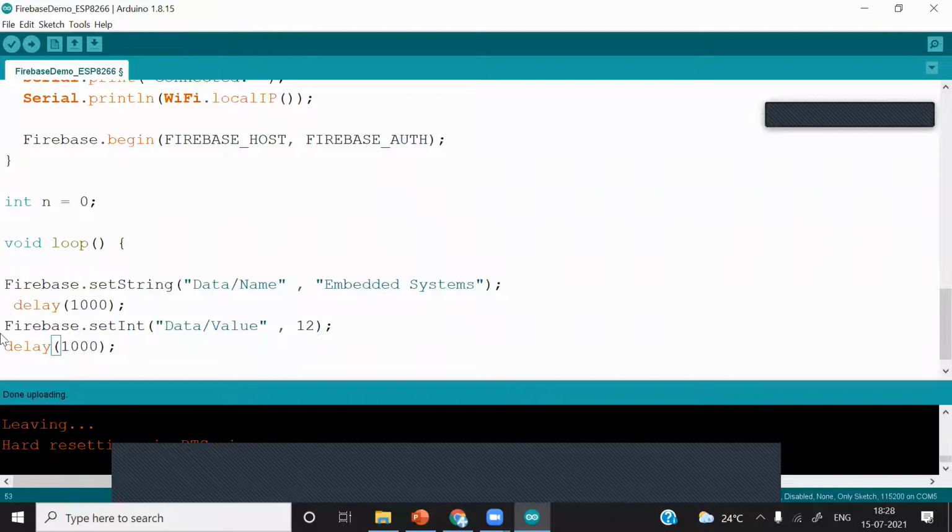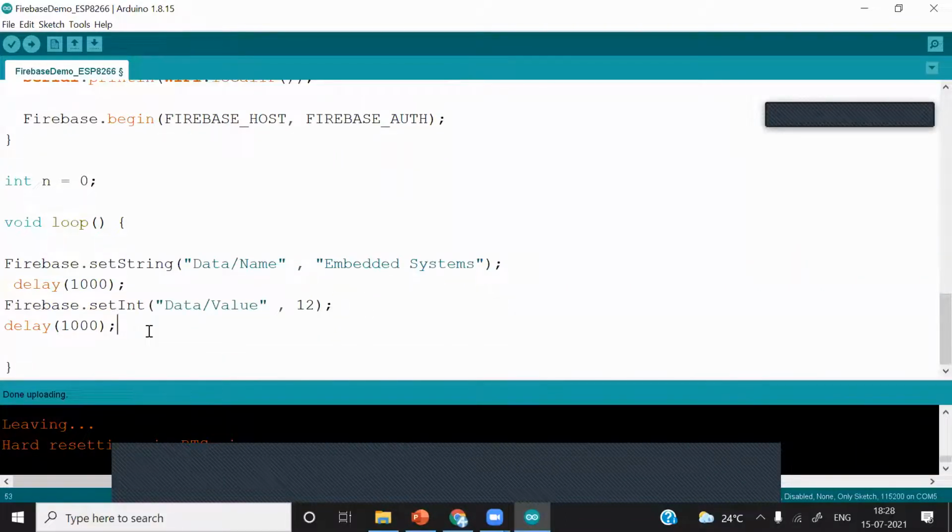Now I want to put some float data type. I can put boolean data type also, true, false. We will take the three examples, and I will just do float. I'll change the directory. You cannot write the same data to the same branch, so I will change it to value float.